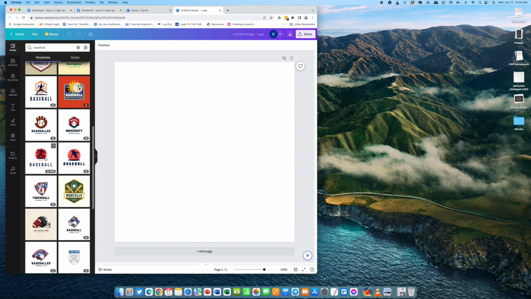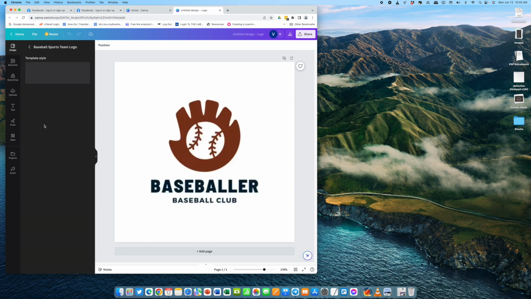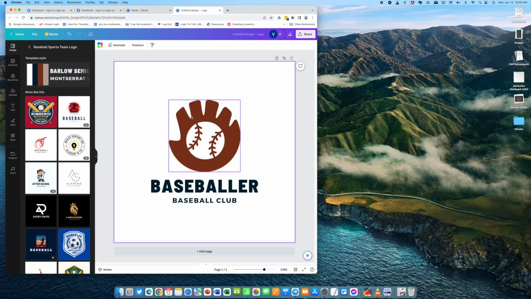So let's say I'll take this one. This is one of the simplest, and we'll probably change the icons or the images that are used here, but we'll probably use the layout. Okay, so let's use this one. As you can see, this is a glove. Perhaps we would like to search for a baseball glove, so you click elements,